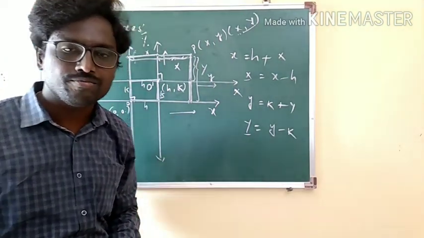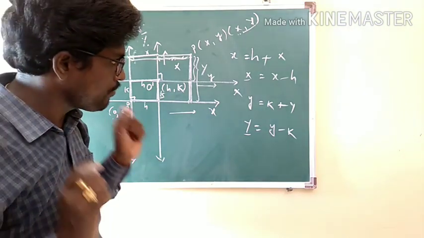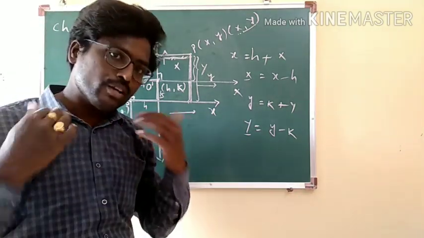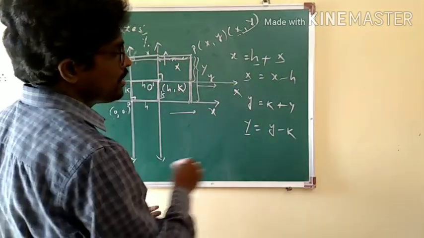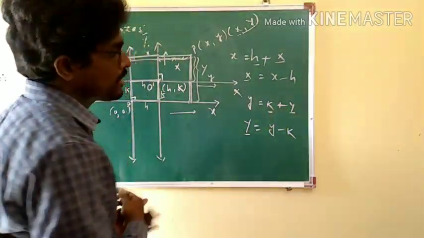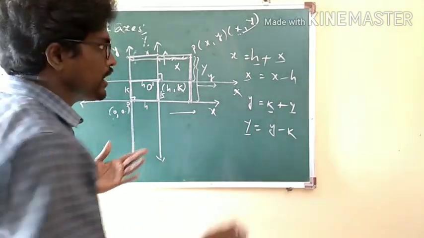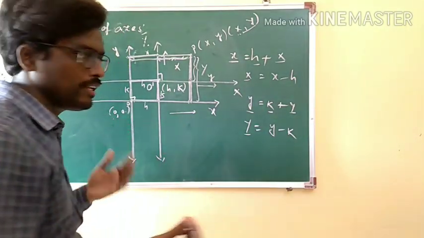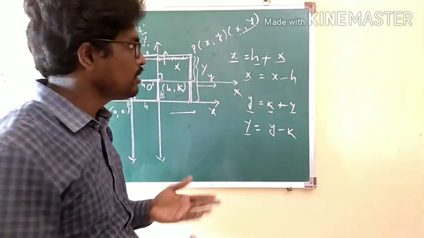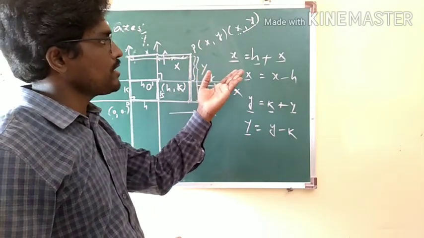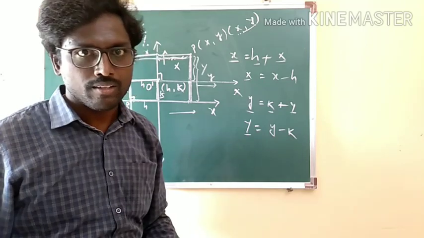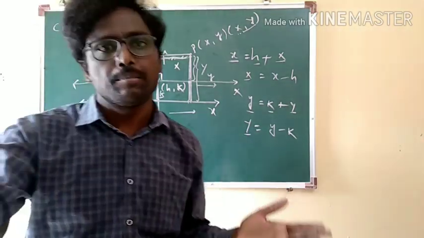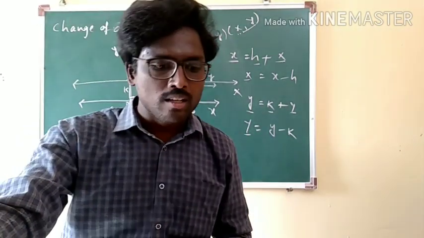Hope you got it. So this is a very important scenario. Suppose you are given capital X and small h, capital Y and small k, then will you calculate small x and small y happily? How will you? Small x is equal to h plus capital X and small y is equal to k plus capital Y. Like this the question may be framed.